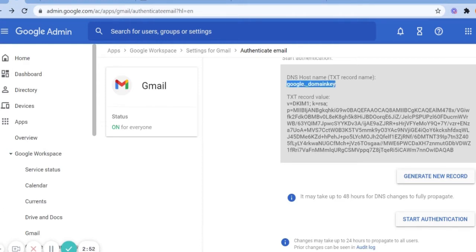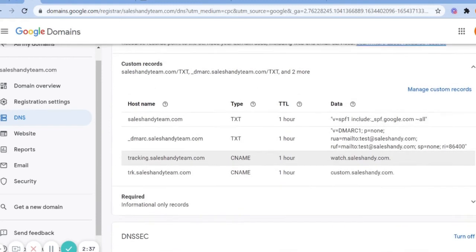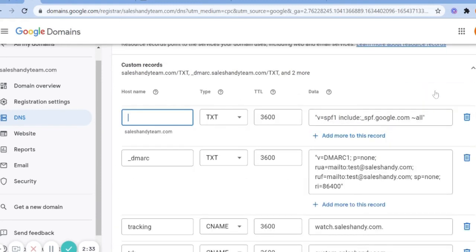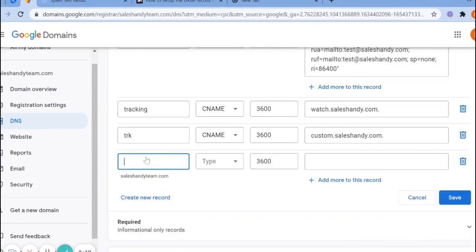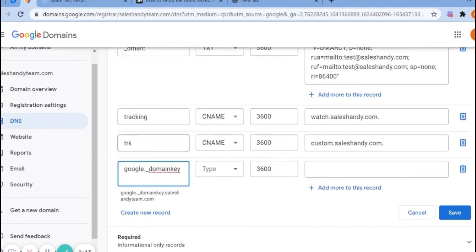So I'll be copying the host name, and this is the DNS hosting provider where my domain is hosted, which is saleshandyteam.com. Clicking on the DNS option here, you need to click on manage custom records, then create new record, and paste the key under the host name.